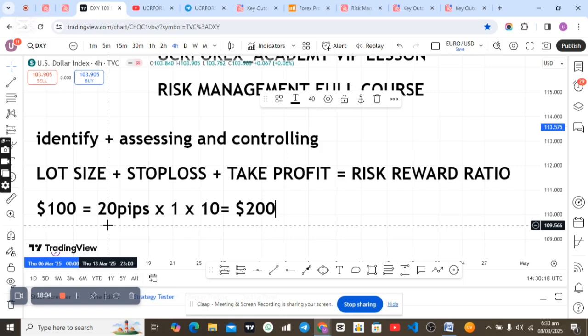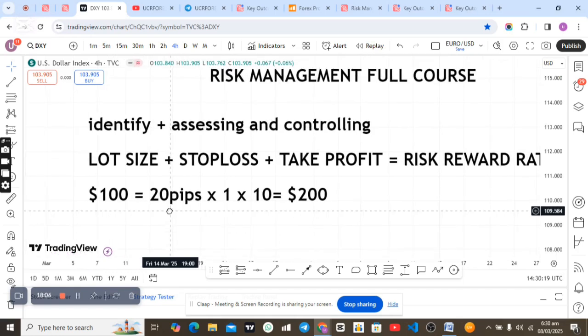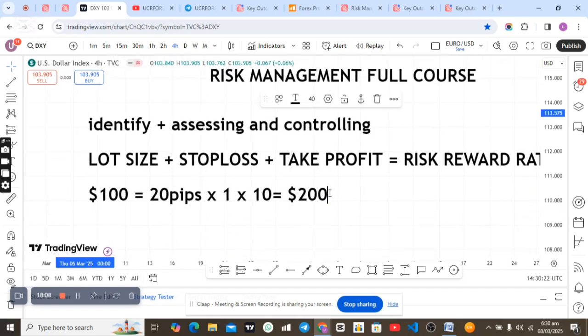This thing doesn't even need to get to your stop loss before blowing your account. This is because you don't know the right lot size to use on that particular account, and that is the reason why you have blown that account on a single trade. But when you ask yourself, okay, I have 100 USD as an account, what kind of lot size should I use? Would it be a particular strategy?